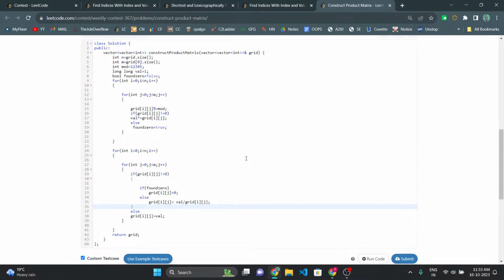So 0 will come only if I found any 0 present. So I created a variable found0. So while creating the array, can I calculate the multiplication of all other elements that are not part of this? Yes. So while creating, if it is 0,